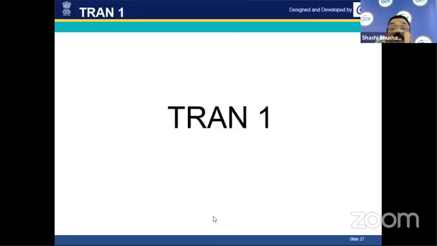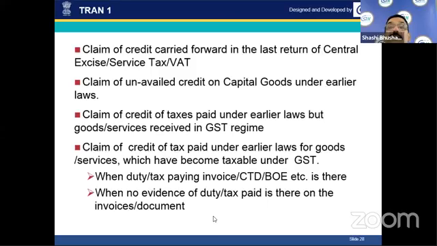Now the last one. There are many questions, but I hope I have addressed most of them. Now we come to TRAN 1. TRAN 1 is a fairly simple form, but